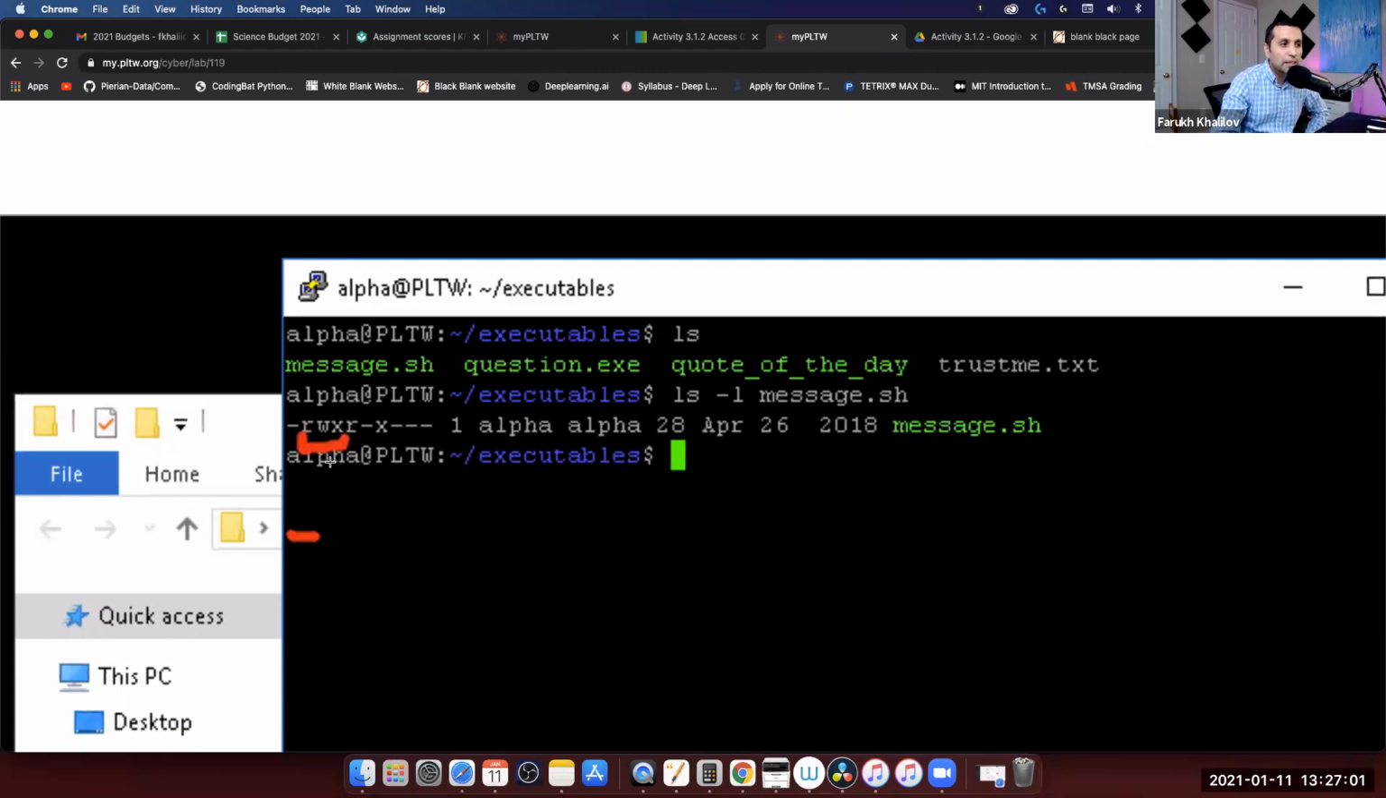That means the owner has all rights. Perfect. What about the second three? It's a group of people. They have access, but they can read only and execute only, but they cannot make a modification, which